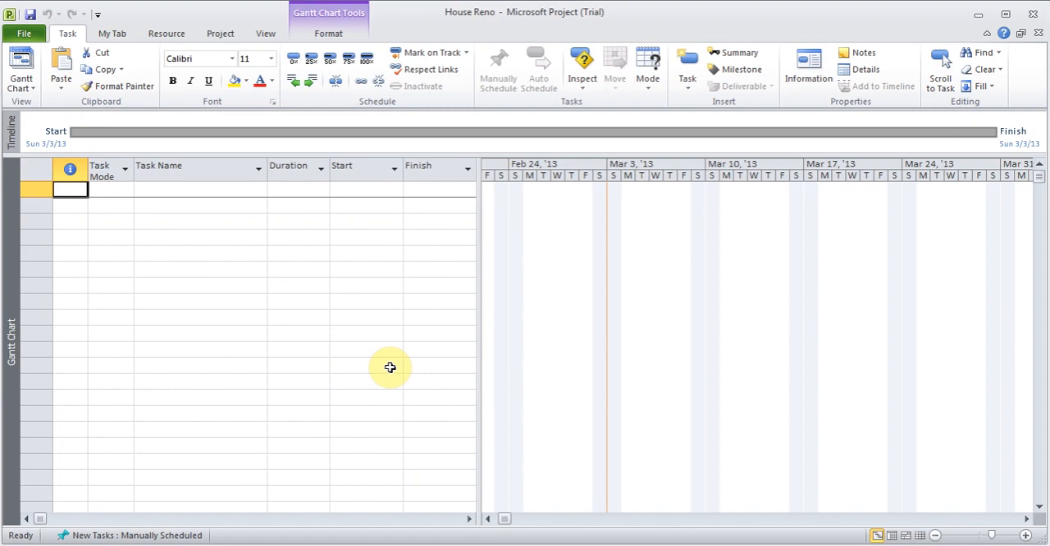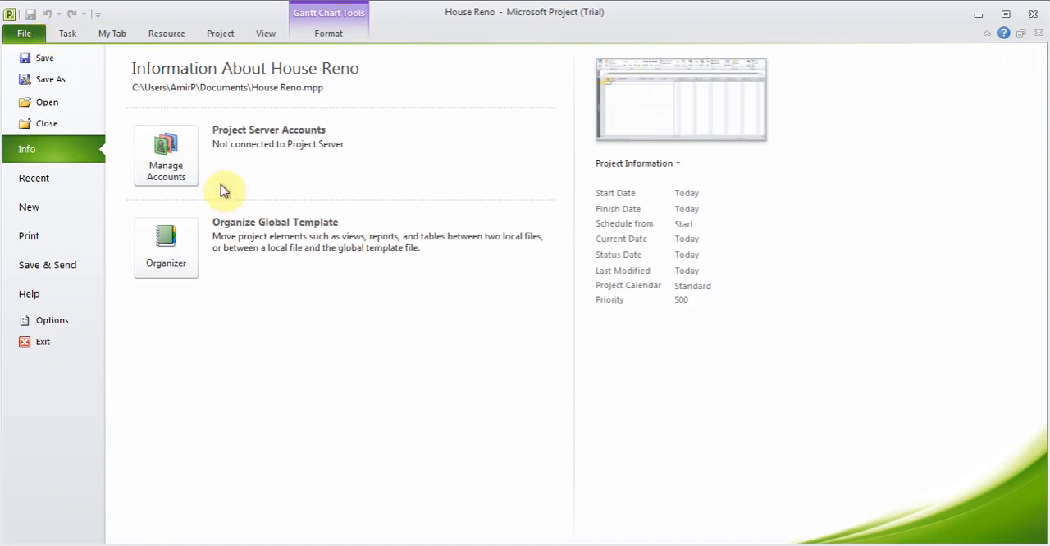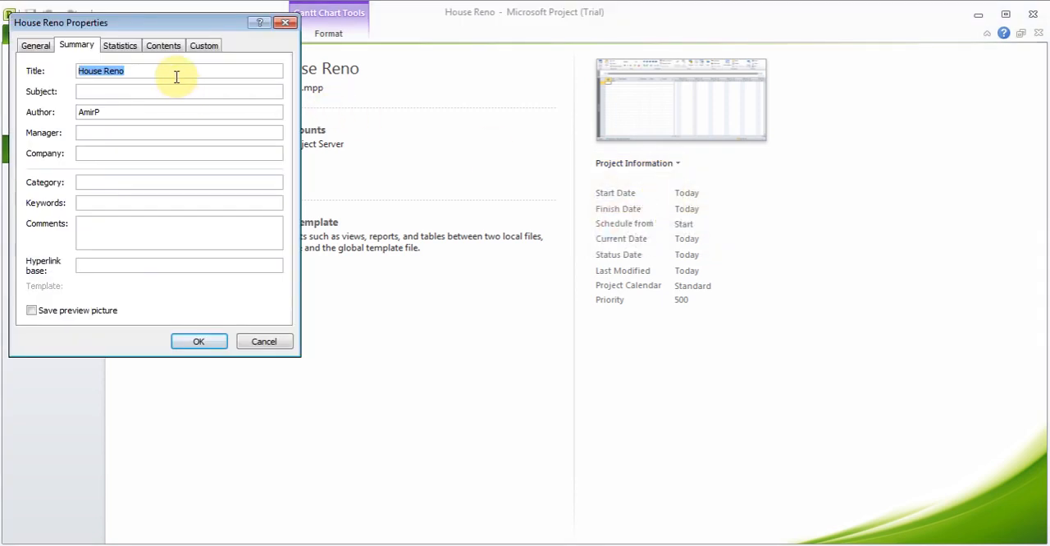Now before you start the project, let's fill in some information about the project. So I can go to file, and in here there's an option called project information. So I'm going to click it, advanced properties, and I can put up here tiles and closet renovation, subject if I wanted, author, manager, company name. So you can start filling things up here, which will show up on your reports and things like that. So I can click OK,